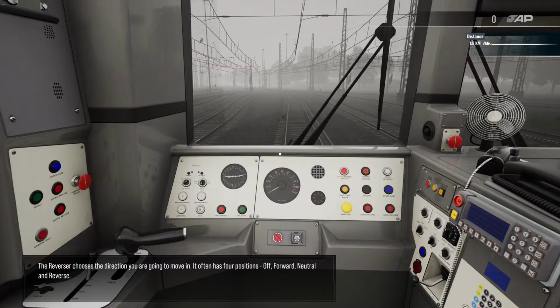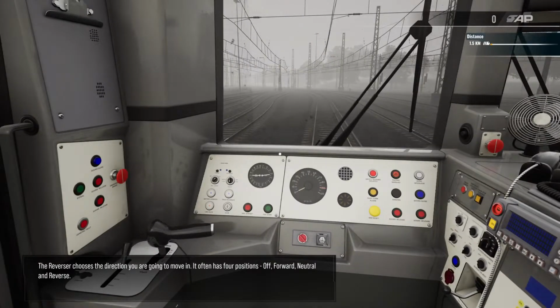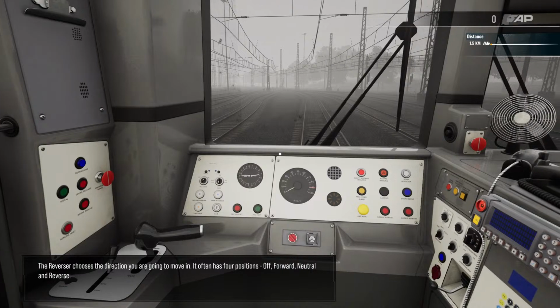The reverser chooses the direction you're going to move in. It often has 4 positions: off, forward, neutral, and